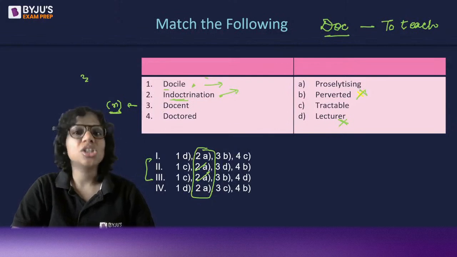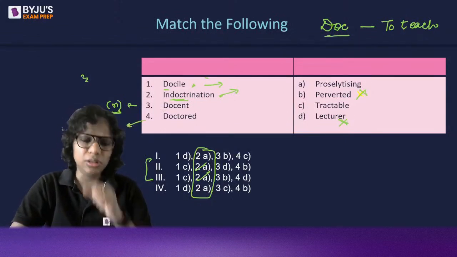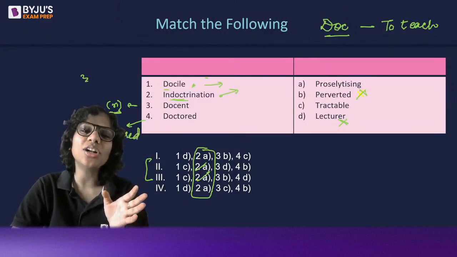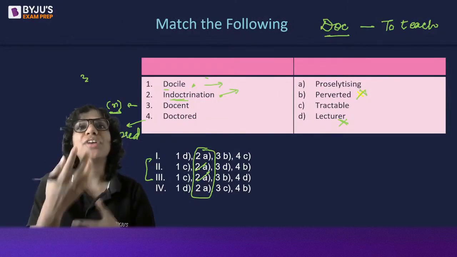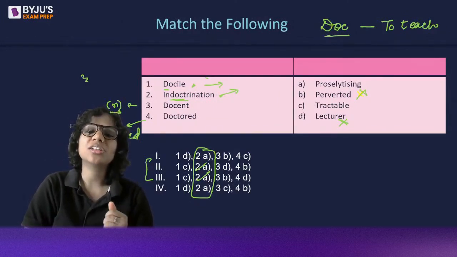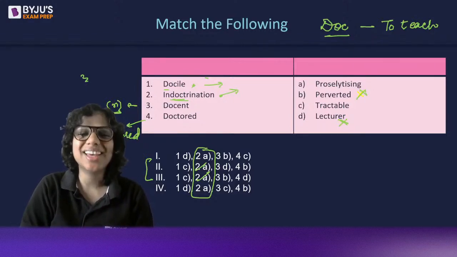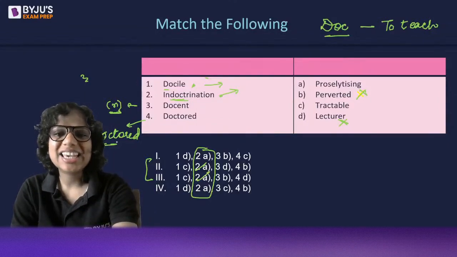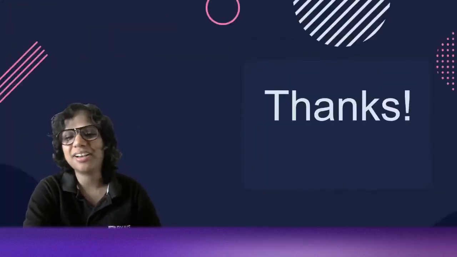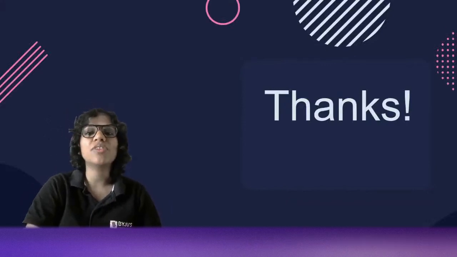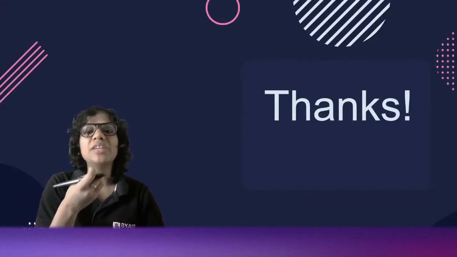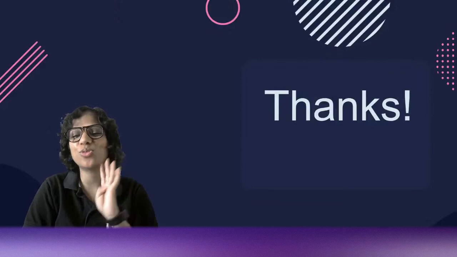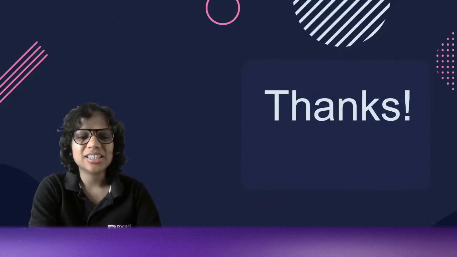Docent, somebody who teaches. Doctored. So here there is no direct relationship, I would say, with the word taught. Okay. It's just that you have modified it. So that's a doctored tape. It takes some amount of skill there, right? That's why perhaps it's related to docere. ठीक है? Tractable is again someone who is very docile, very biddable, very pliant, would listen to you very easily. Okay, so biddable, pliant, tractable, docile, all 4 are synonyms. ठीक है? All right then.